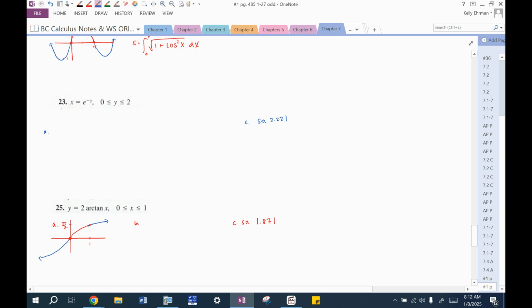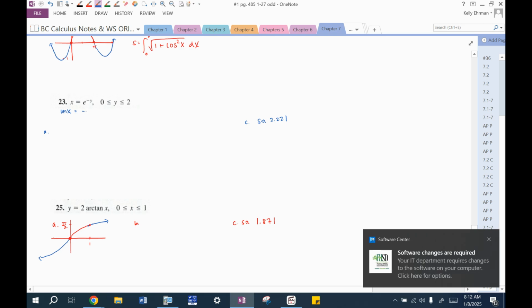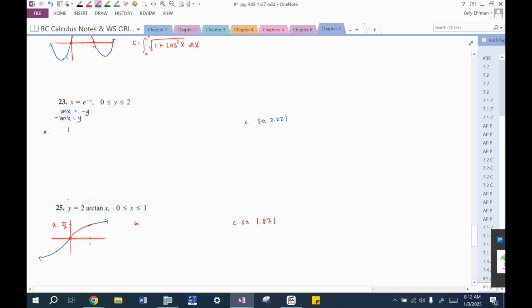But what I should really do is natural log both sides. It's actually the natural log of x. Maybe that was right. Equals negative y. Negative natural log of x equals y. So maybe I did inadvertently sketch this correctly. The natural log of x has a vertical asymptote here. At 1, it hits 0. It's an x-axis reflection, so it does one of these. Okay, so I guess maybe it was okay, but the y values we're looking at go from 0 to 2,